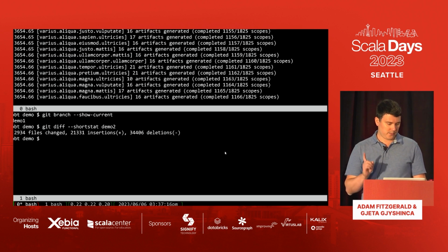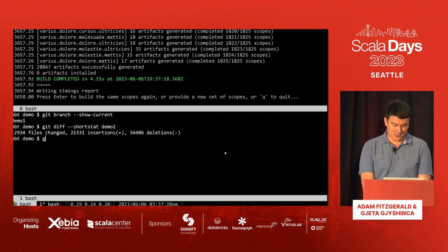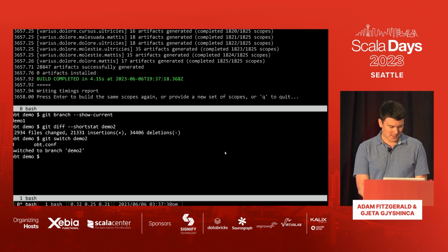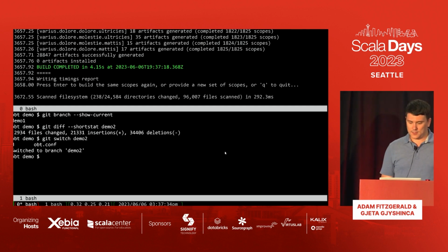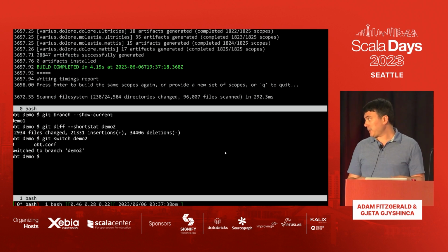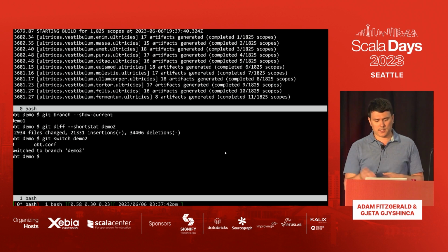Oh wait. We actually need to switch the branch. But it only took 4 seconds. I didn't lose a lot of time. So now this should take longer because we'll need to actually move some files around from cache, from local file system, and from the remote. You can see here it scanned the